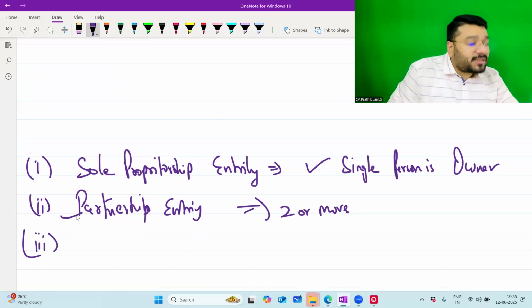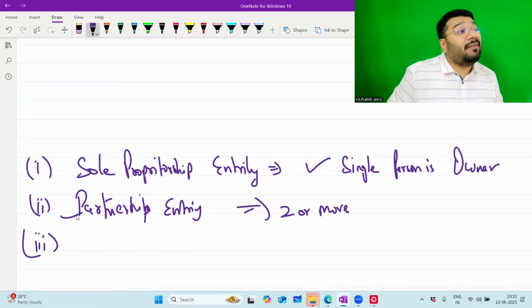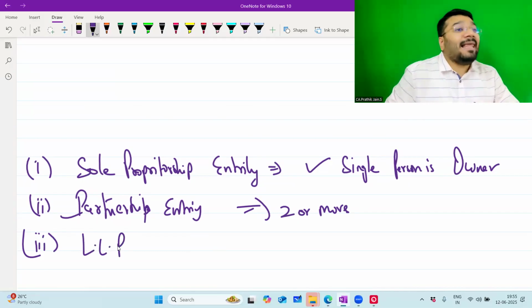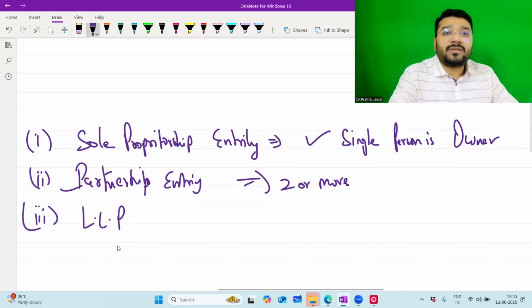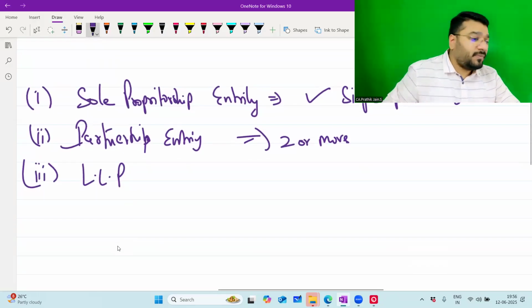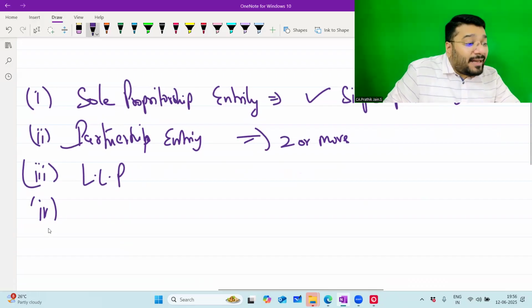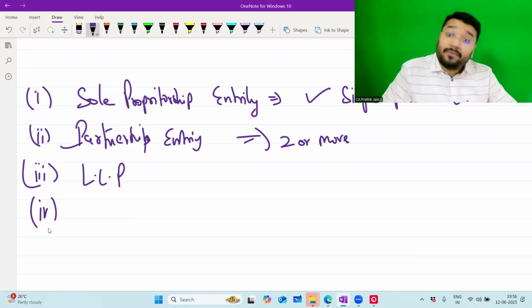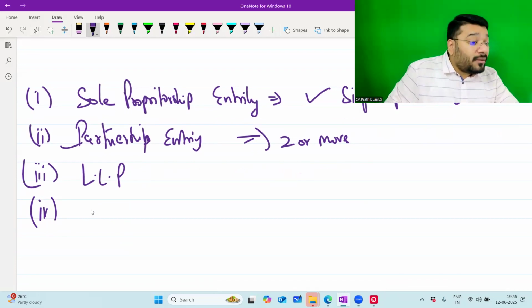This partnership business suffers some inherent limitations. There's some problem with this partnership business. To overcome that problem, you now form a business model called LLP, Limited Liability Partnership. Anywhere have you come across this? You should have come across it in commerce or entrepreneurship, apart from accounts. LLP has some inherent limitations, problems. So people are sometimes not comfortable in forming an LLP, so they look up to forming